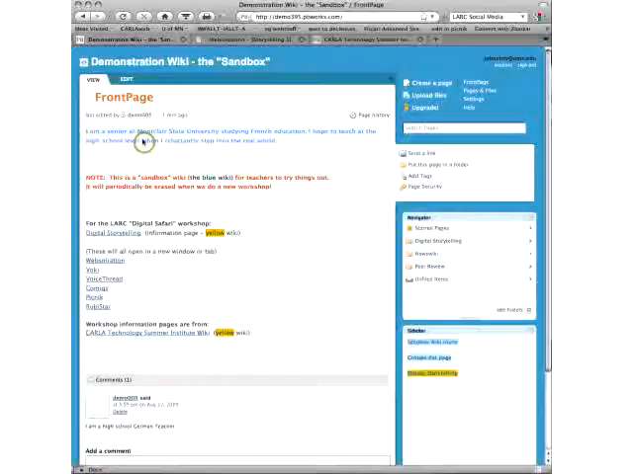Who has been demo 005? You edited the front page rather than creating a page of your own. That works too. But we would really love to have you try creating your own page as well if you would like to do that. In the meantime,